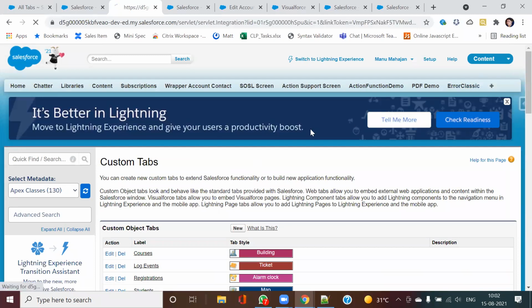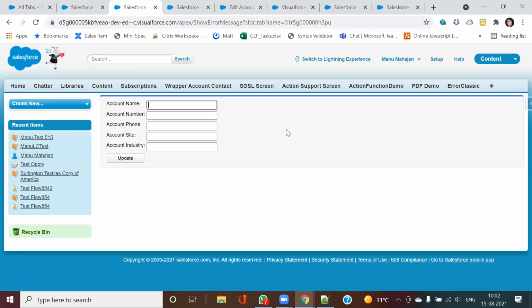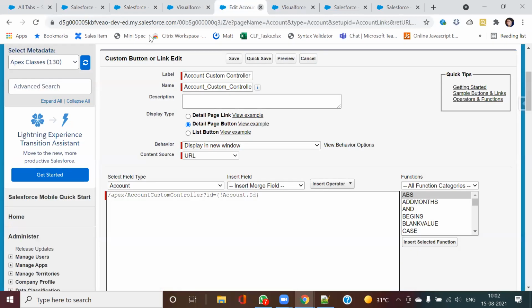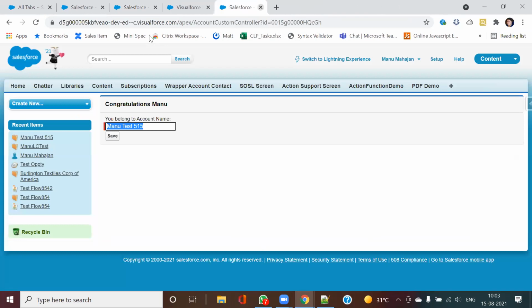Okay, now let us see this error part. So what I have done is here I have created this page just to show you what are the different categories of error messages we have. I'll close this tab now just to clear out this space.